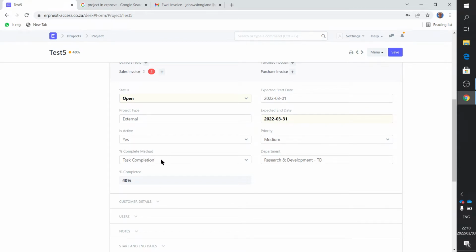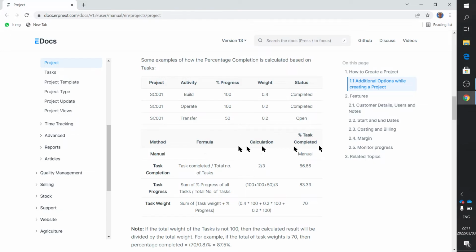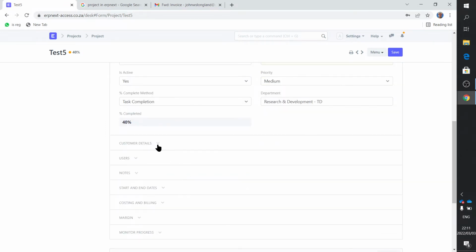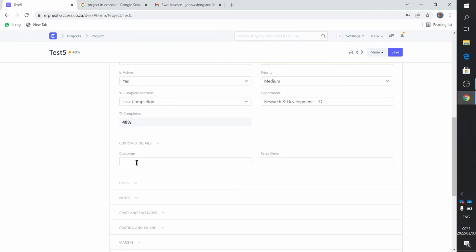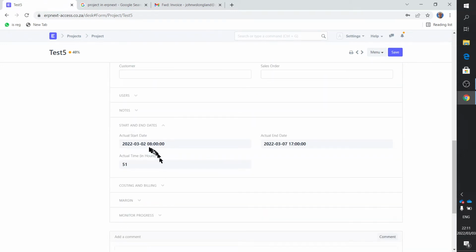And then, of course, you've got your completion method of calculation. You can either have manual, task completion, task progress, and task weight. And there's a website somewhere here that actually shows you how the percentage completion is calculated depending on which method you use. Customer detail, of course, you fill that in there. Who's your customer? Start and end dates. There we go. I've written it down. We're starting on the 2nd of the 3rd, and we expect to be finished by the